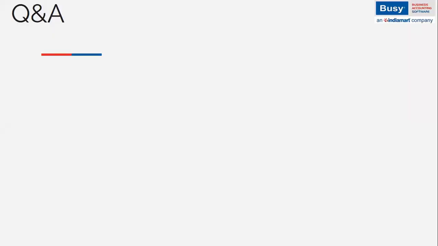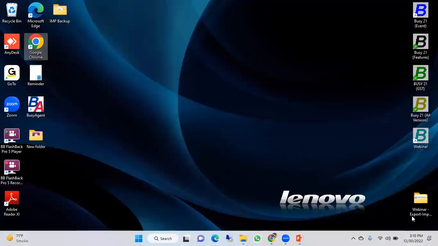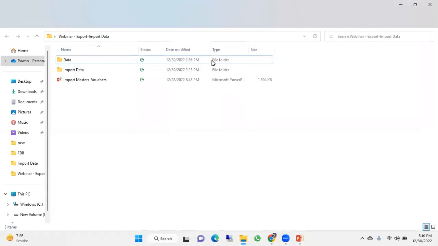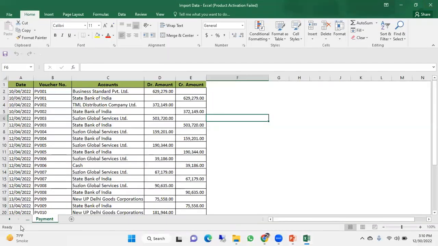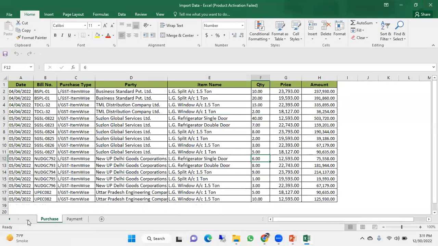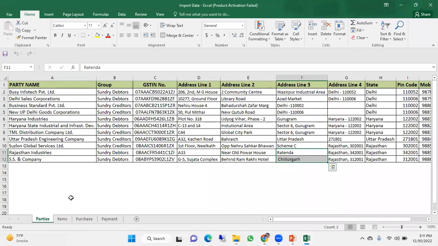So now let me show you the practical demo. First of all, I will show you the Excel sheet. So this is my Excel sheet. You can see. First of all, you have to follow the first step. First step is you have to enter the data in MS Excel in a proper manner. Like you can see,